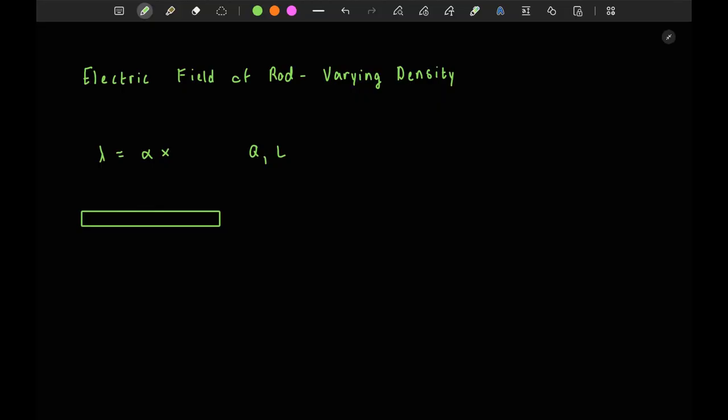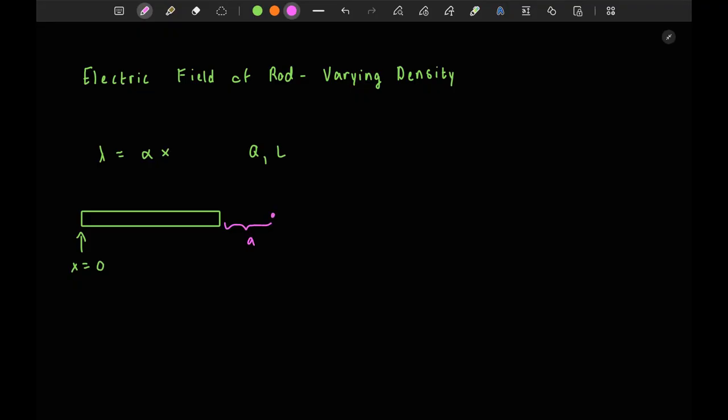So let's now consider one last problem with a rod of charge Q and length L. This time, though, the density of the rod will be varying, and we're given the function for that, lambda equals alpha x, where, of course, I should specify where x equals 0 is located. And suppose again that we revisit our first problem where we wanted to find the field a distance a away